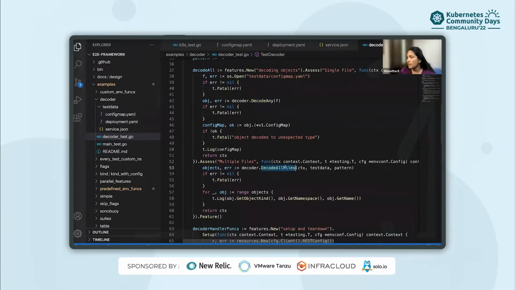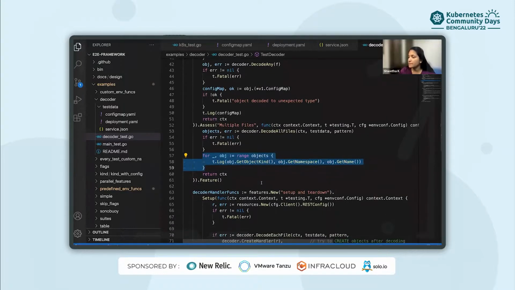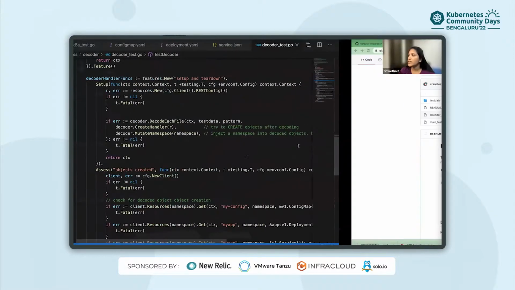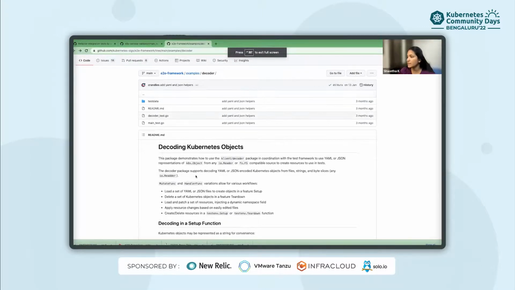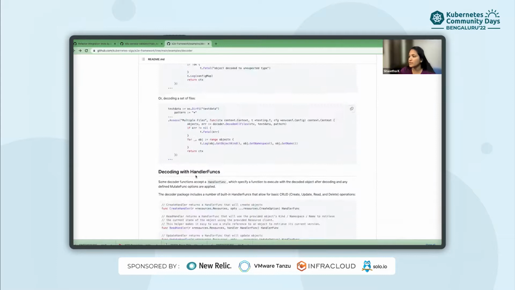Using decode all files, you can decode all the files under this test data folder, get the objects list, loop over it, and convert it to the actual Kubernetes object. If you want to know more about how to use this decoder, you can go to this examples decoder. There is a readme file which explains how to use decoder in different ways.